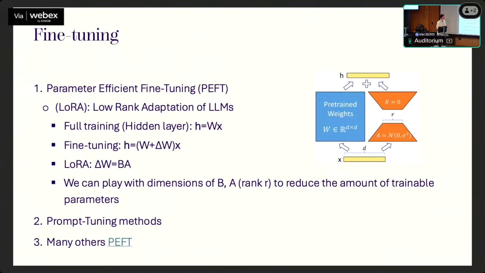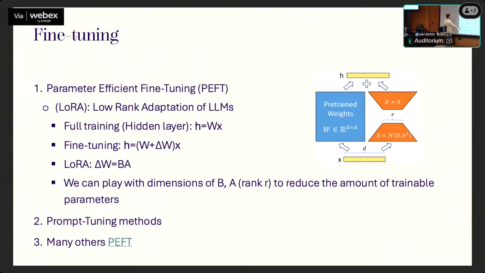The reason why we do fine-tuning, and why I'm mentioning, for example, the parameter-efficient fine-tuning methods, is that when you employ your model locally, let's say a 7 billion parameter model, it's impossible to train this model because it takes a huge amount of compute. So people use some tricks to decrease the trainable parameter space, so that the memory you're using to compute the training decreases, right? So that you can train it on one GPU, let's say.